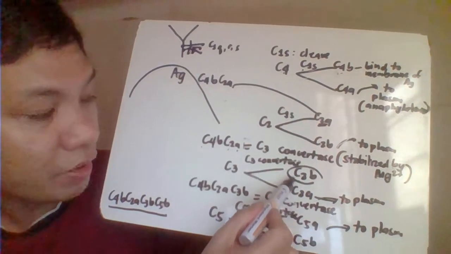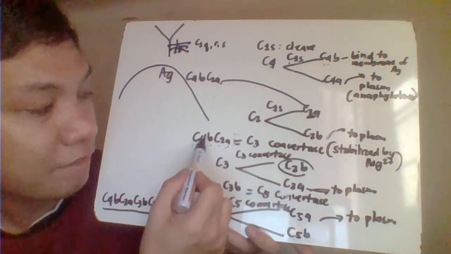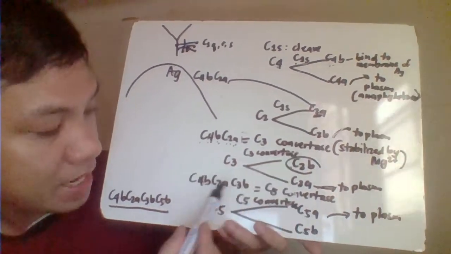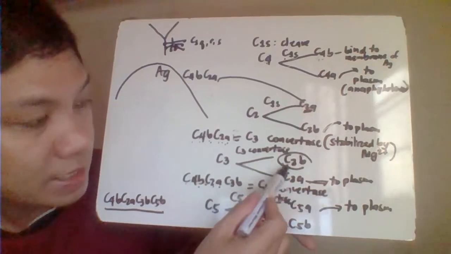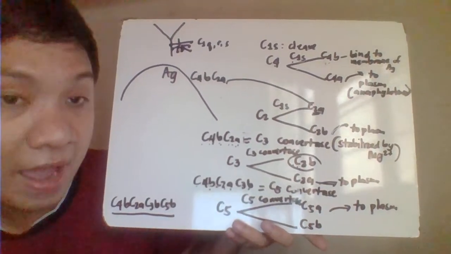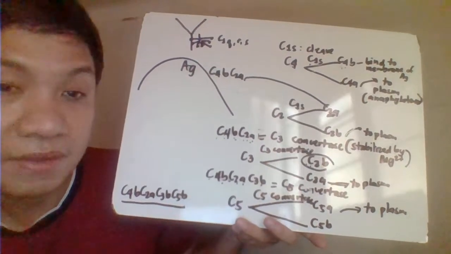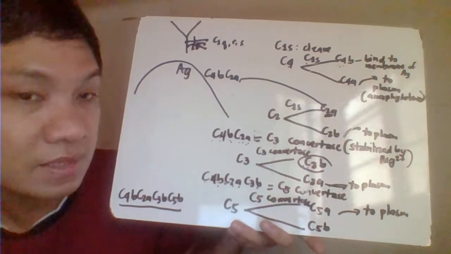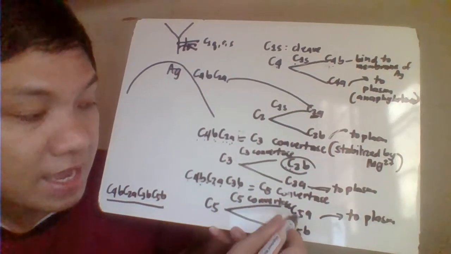Your C3b here will bind to your C4b, C2a. So C4b, C2a plus your C3b becomes C4b, C2a, C3b. You call that one your C5 convertase. Next, if you already have your C5 convertase, it will cleave your C5 to your C5a, and